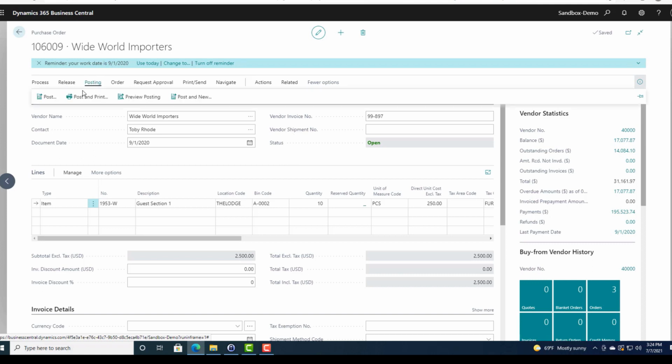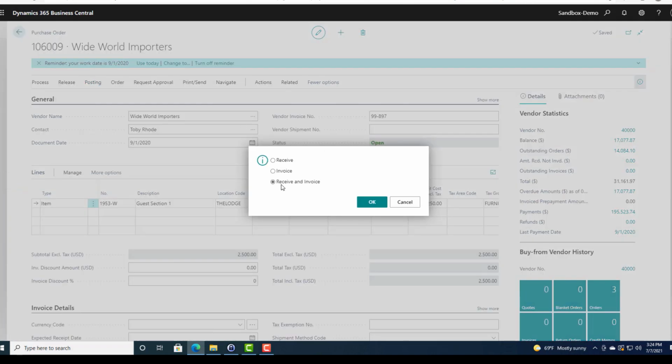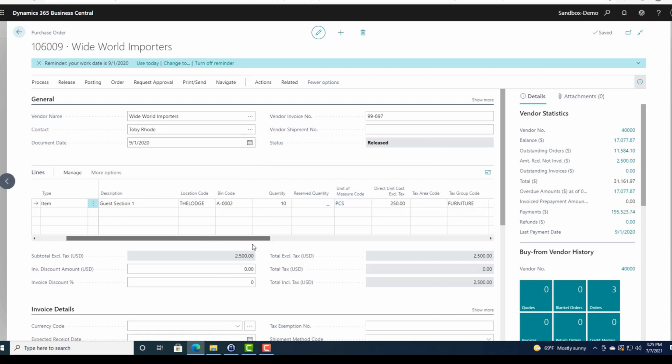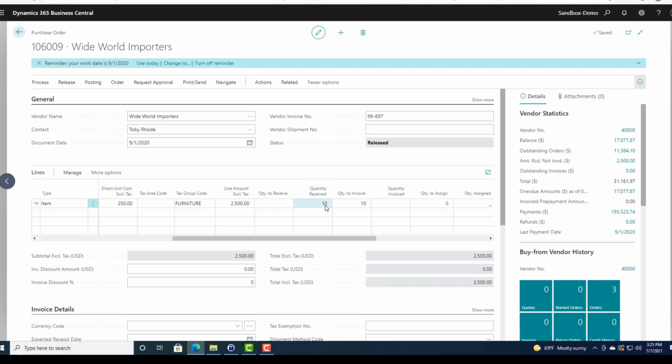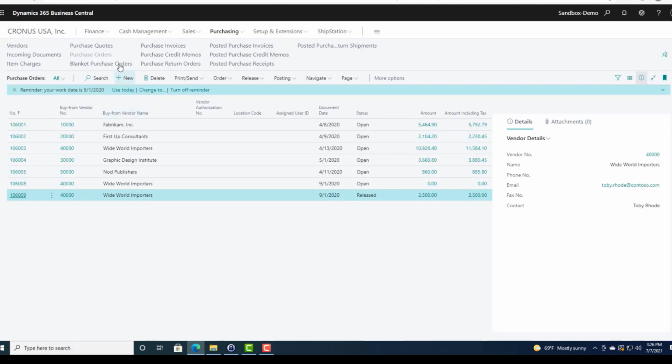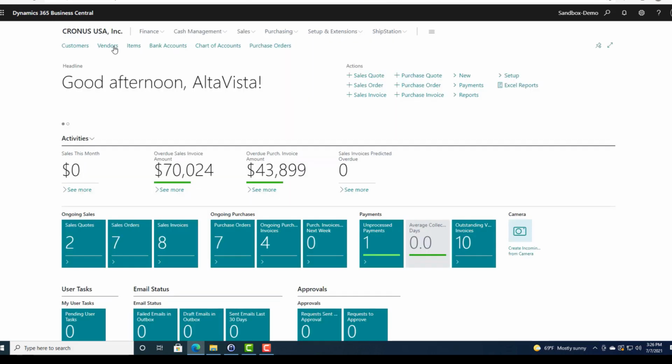So I'm going to go out here now, and I'm going to pick post again, and I'm going to say just to receive. I'm going to click OK, and the program has now received 10 of these, and they haven't been invoiced yet. So we haven't sent them over to payables to be paid for, but these have now been received, and they're actually in inventory. So I'm going to exit out of here. I'm going to go back to my inventory,